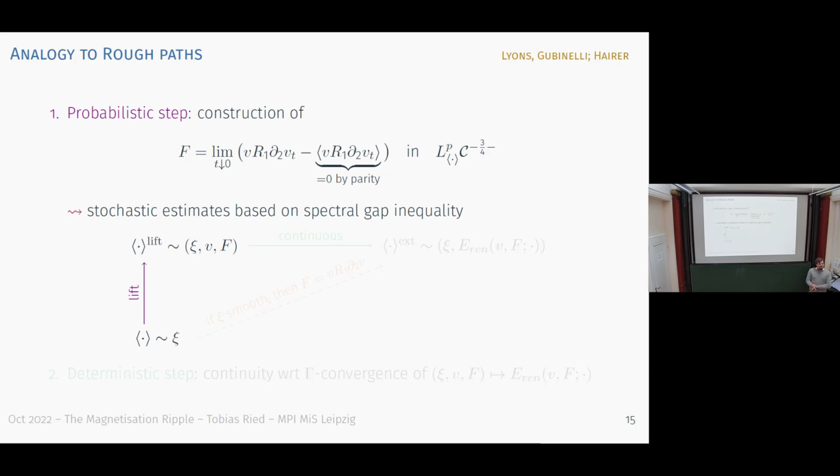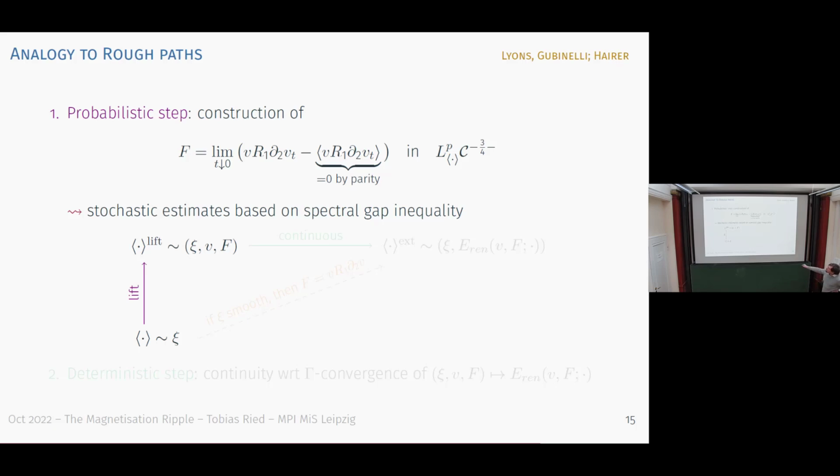And if you remember Felix's talk from Monday, there was also this strict splitting between probability and deterministic arguments in the background. So that once we construct this renormalized singular product in a consistent way, then